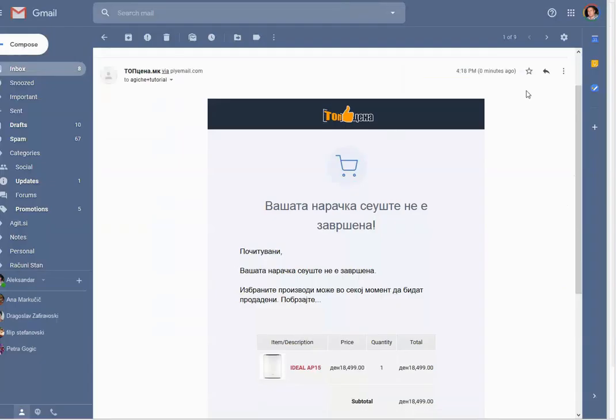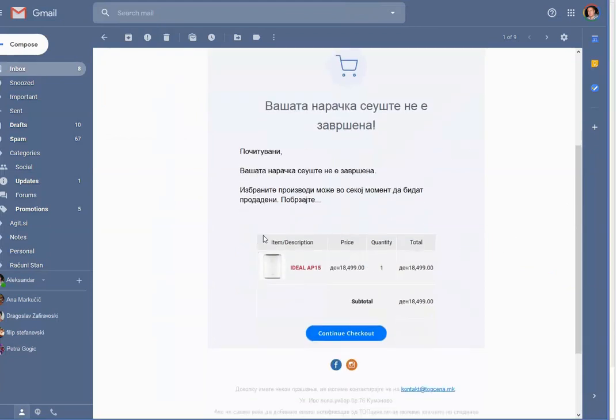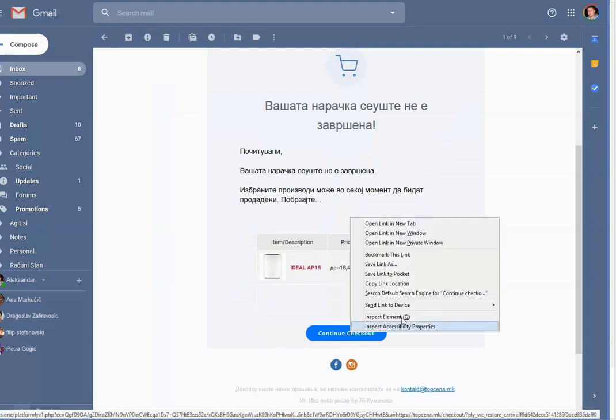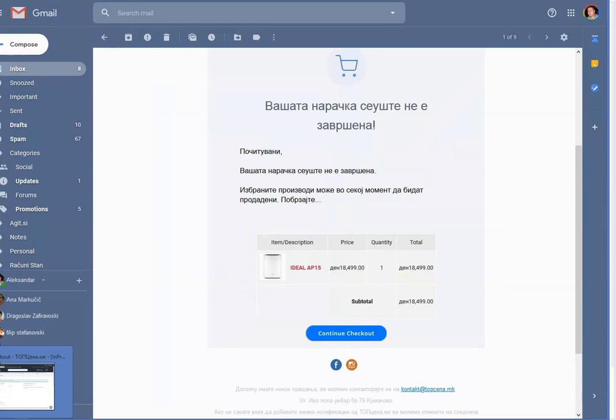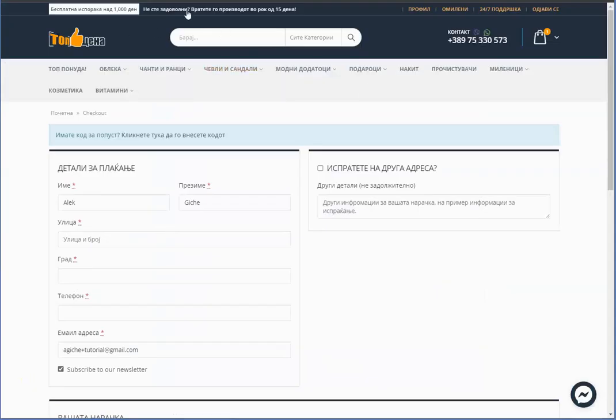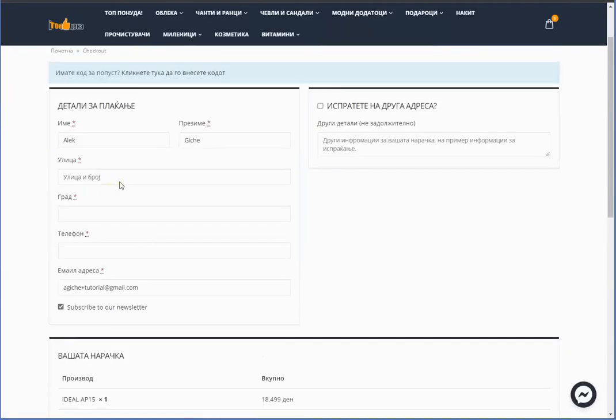Okay, so the email just came in, as you can see, the actual items and a continue to checkout button, because we have only one button there. So I'm going to quickly copy the link URL and use it here where I was before. It will lead me to the view cart and I can complete the checkout, sorry, and I can complete